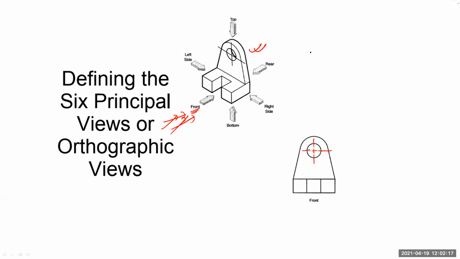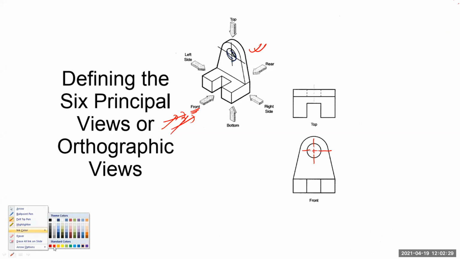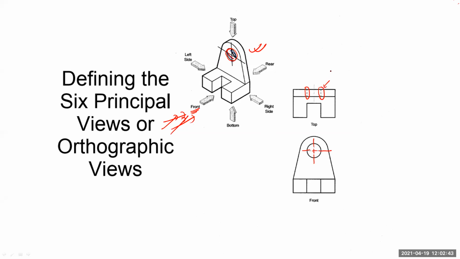Now in the top view, you all see that there is one hole over here that we are not able to visualize from the top, but it is still there. This is your circular hole. For that portion, we need to show it using hidden lines. You can see here, some dash line is given. Dash or hidden line, that you have to represent.